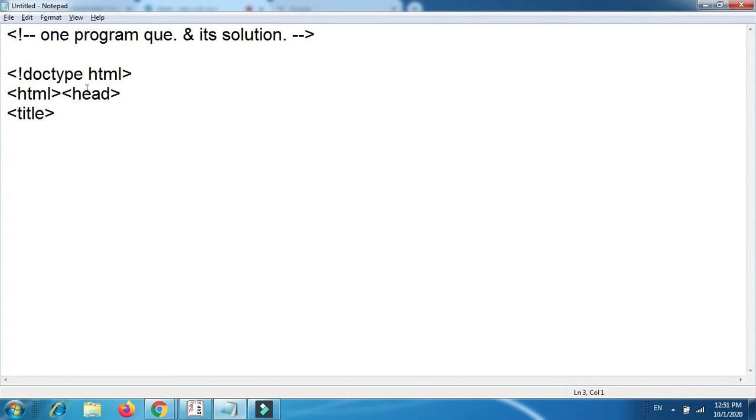Doc type declaration. Why is the doc type declaration required? Because we're going to use an HTML5 document. You are going to create HTML5, so that's why the doc type declaration statement, and then the html tag, head tag, and then the title tag. Inside the title you can write form program, then close the title tag. After that, close the head tag. Then which section is there? Body section, the body tag, then write